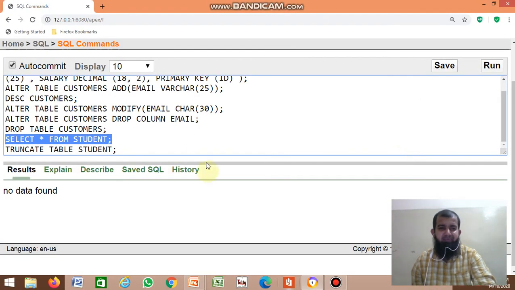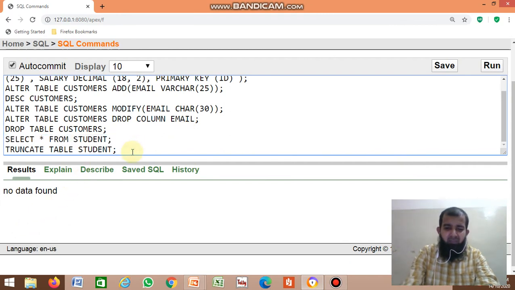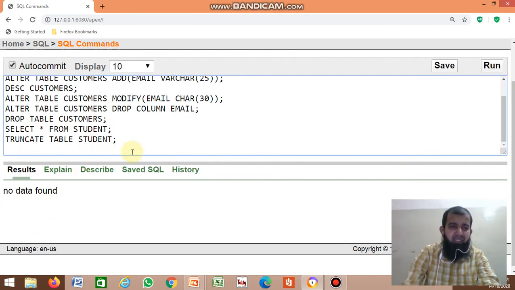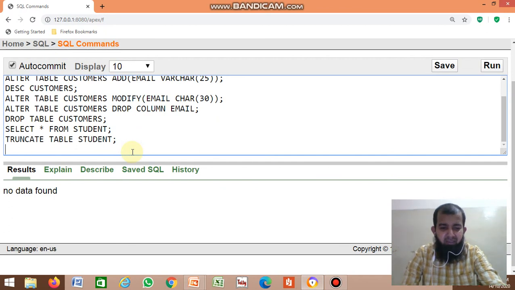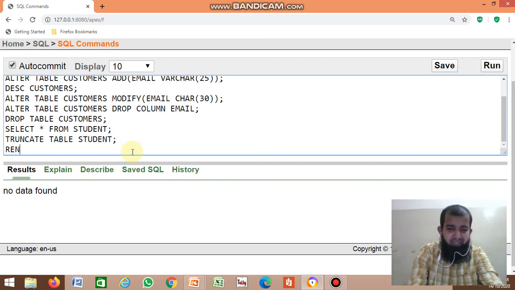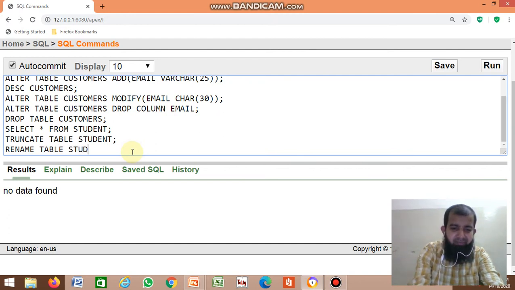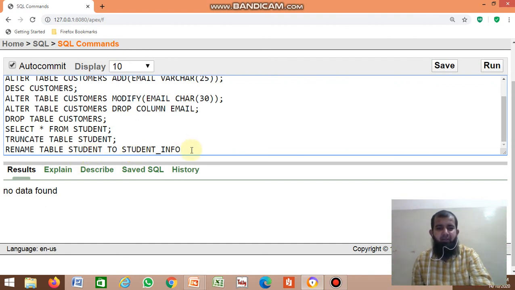For example, at present the student table exists. By using the rename command, you can rename table student to student info, then semicolon.